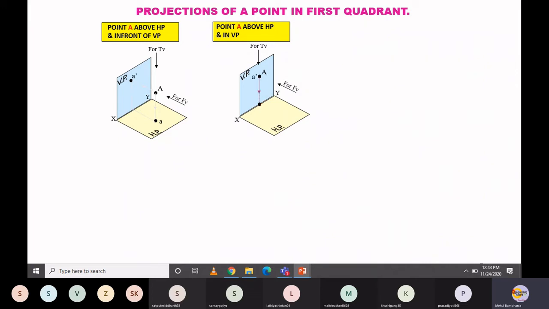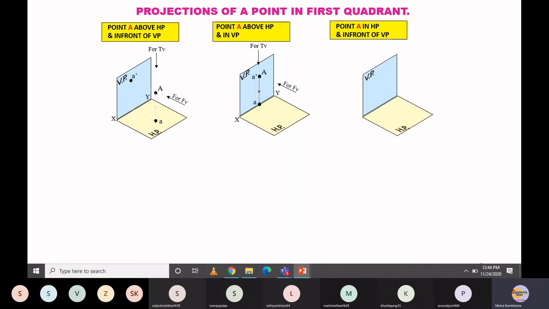If it is a top view, you have to use the small letter a. So the top view is represented by small a, and the front view appears exactly wherever point A is placed. So the top view projection and front view projection can be represented this way for this particular case. This is the second possibility. Now let's explore the third possibility, where your point A is on the HP. It is on the horizontal plane, but at the same time it is in front of the vertical plane, at some distance from the vertical plane.